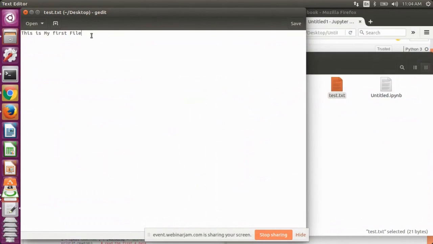So see, whatever was there got removed in my file, and everything is replaced with the text that I have defined. Fine. So the content that was there in the file got deleted, and the new text that I wrote is placed in the file.